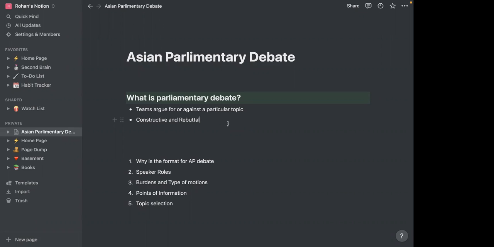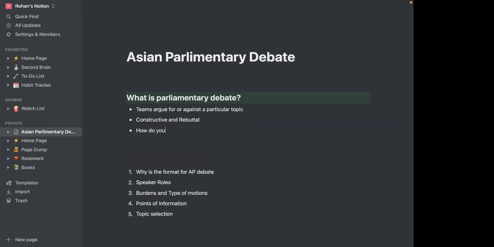Different speakers have different roles, where some will focus more on rebuttal, while some will focus more on constructives. I'll come to all of this later, right? But there are these two things. Though the final question becomes then, how do you win? You win by twofold, by obviously providing better argumentation. But what does better argumentation mean? And again, this is more towards the next lecture in terms of intro to argumentation. But two things. Number one is you be more persuasive than the other team. Persuasive means that your argumentation is stronger than the other team's.